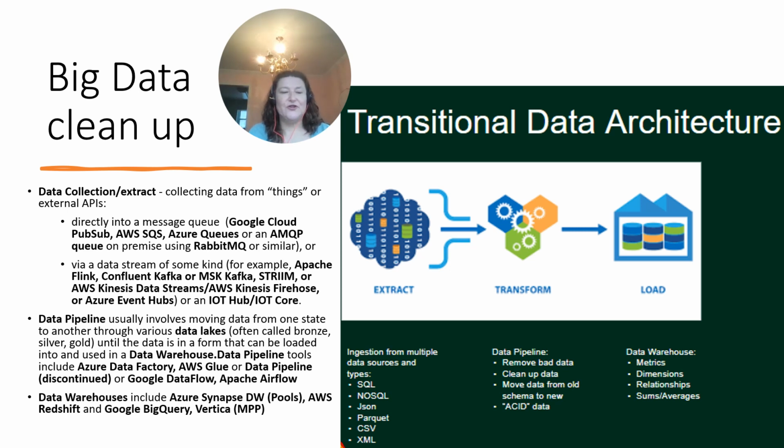That might then be streamed using something like Apache Flink or Confluent Kafka or MSK Kafka. Confluent Kafka is the cloud-based version. MSK Kafka is the managed version. You can get both of those in the clouds. Something like Strimzi might be the streaming device, or AWS Kinesis Data Streams, or Kinesis Firehose, or Azure Event Hubs. Any of those might be used for bringing the data through into different parts of the cloud. IoT Hub and IoT Core are typically used for bringing in Internet of Things data